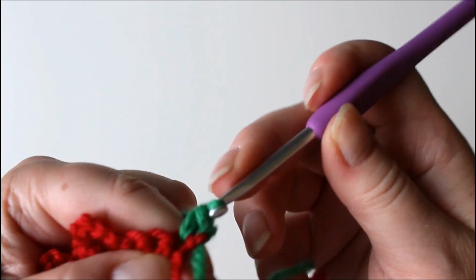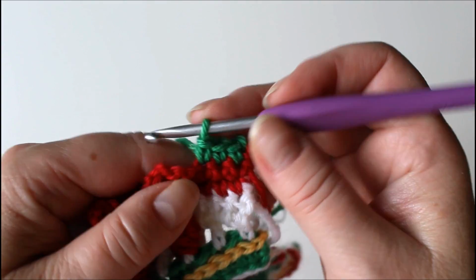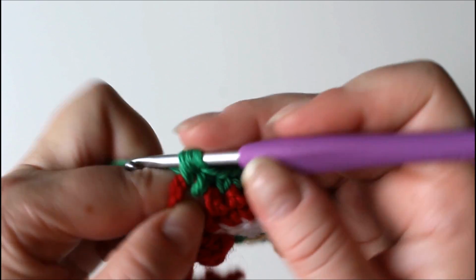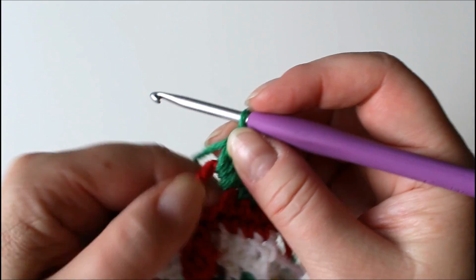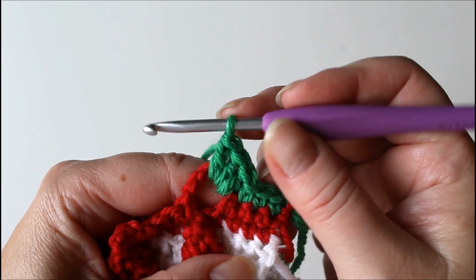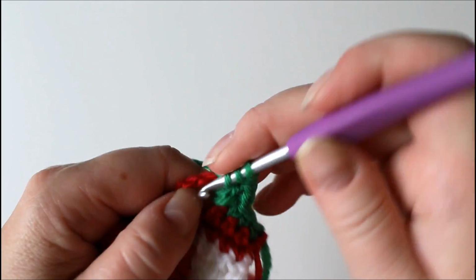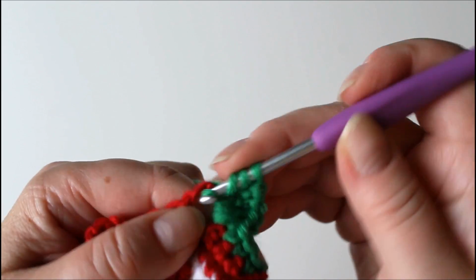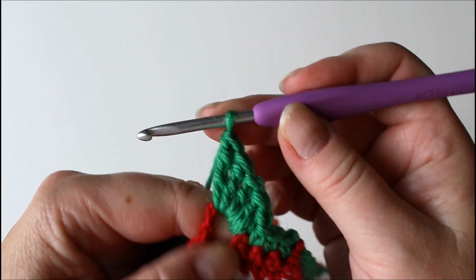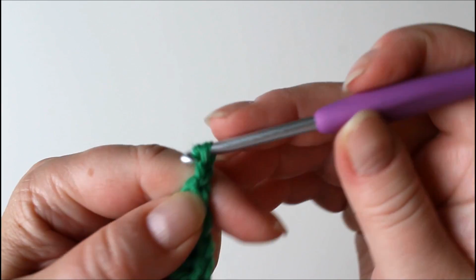3 single crochets, 3, and then 3 double crochets into this loop. 3, and after that you can tighten it a bit, and after that 3 trebles into the same loop, and we are going to make a picot on top of the middle one of those 3. So 2 yarn overs, and first we make 2 trebles, so now we have 5 stitches altogether in this same loop, and then a picot with 3 chain stitches,